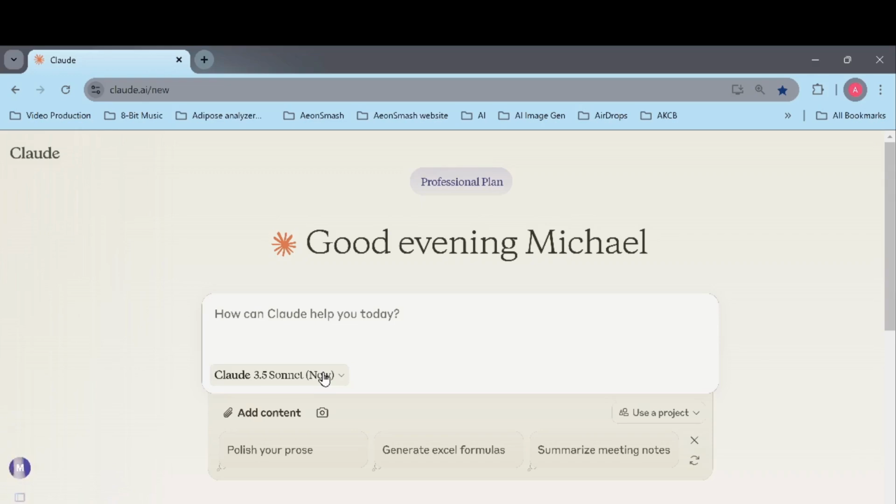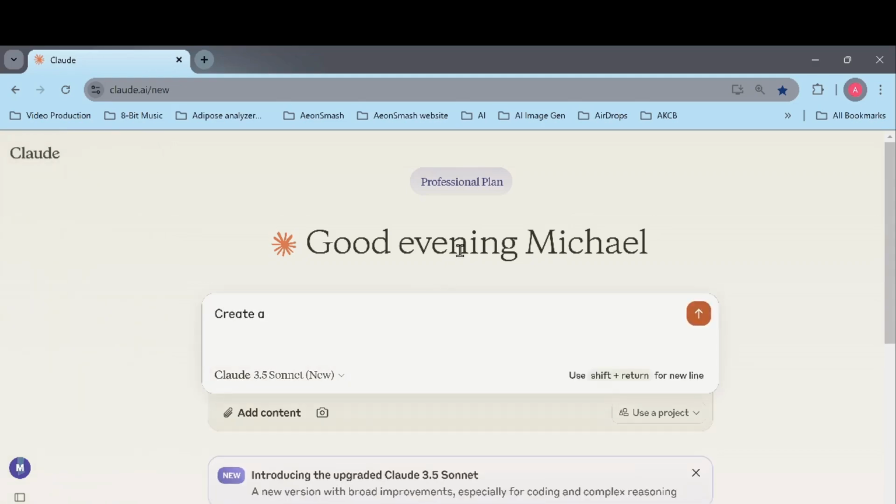A lot of this is about the prompt. How well can you prompt? How good is your question? So one thing that we want to do is create a Decentraland SDK7 scene on a 32